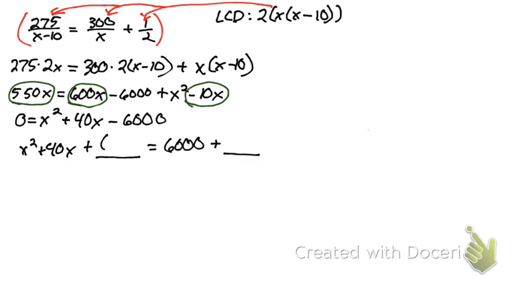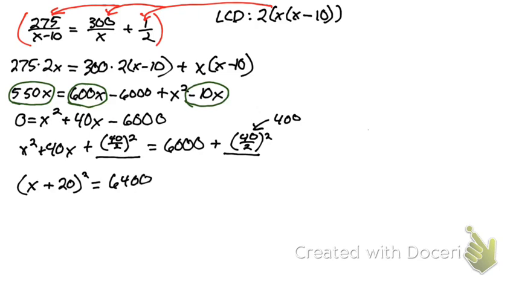And that something is just b divided by 2 squared. And this one would be b divided by 2 squared. All right, well, when I complete the square, we're going to have x plus 40 divided by 2, which is 20, squared, equal to, well, just like Brian said, 40 divided by 2 is 20. 20 squared is 400. So we're going to have